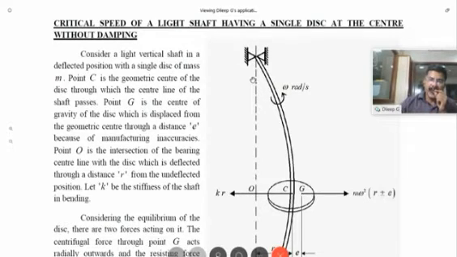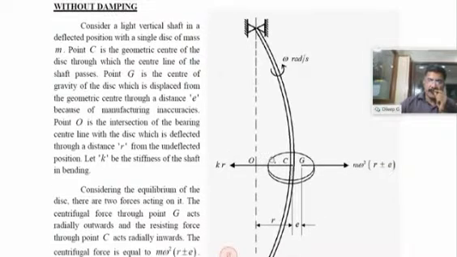bearings. And at the center of the shaft, we are going to attach a disc. So you know, to attach the shaft, by any means you have to keep it tight. Now, suppose due to manufacturing defect,